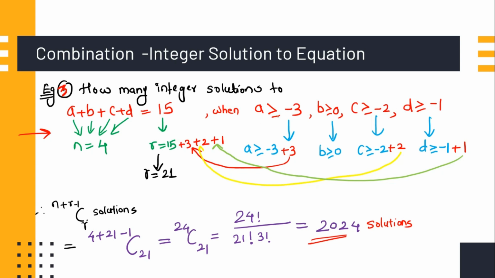Now in this case, this is the value of R, we have to perform something so that our A will become 0. So in minus 3 we will perform addition of 3. We are performing plus 3, then this will become A is greater than or equal to 0. So just the same thing we have to perform on our R. We will add 3 over here.